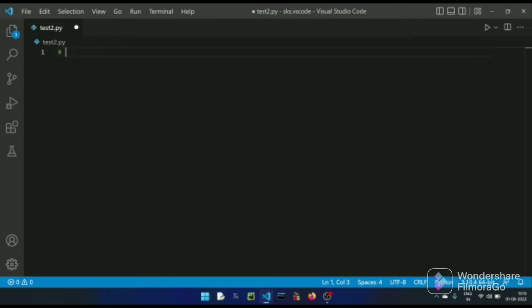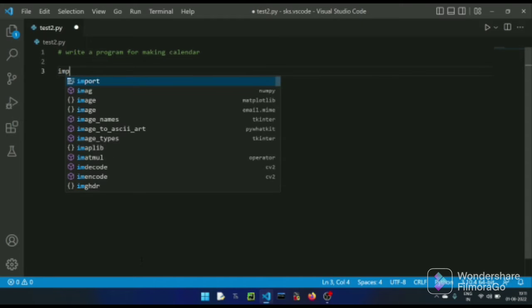Firstly we have to write, for our confirmation, what we are doing. We are trying to write a program for making a calendar. Enter it. After that we have to code, that is we have to import a module, that is import